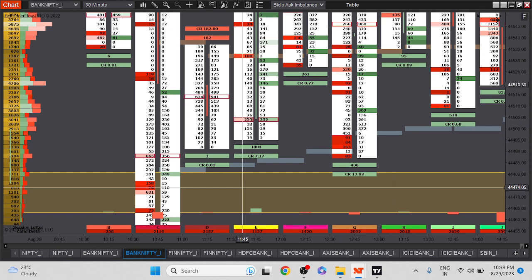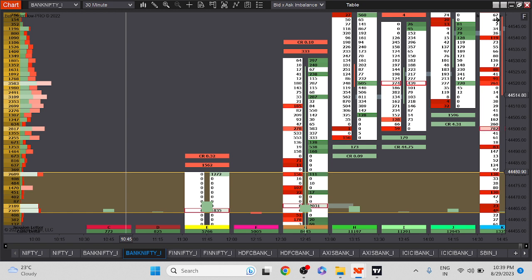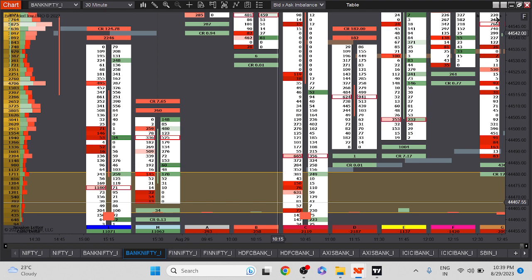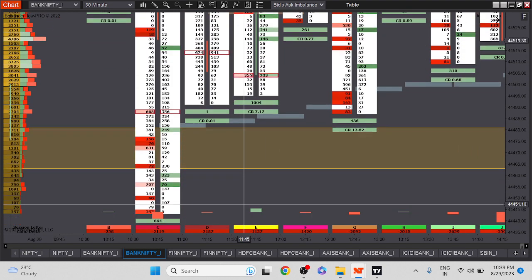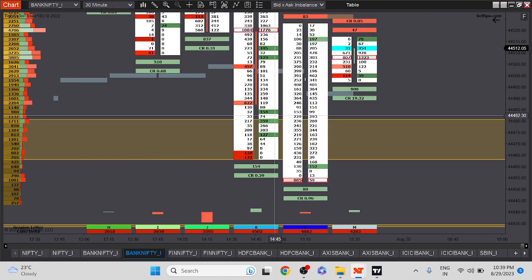If you see the order flow on Bank Nifty, yesterday we discussed one level. If you remember, I told you that on this level 44480 to 44463, so this is a 20-point zone, we saw huge buying that happened, right? And if you see, today's low is exactly at that level. We opened, then we came to that level here. First we took a support, then in the second half also we came exactly to the same level and took a support, and we still closed above that level, which is 44480.